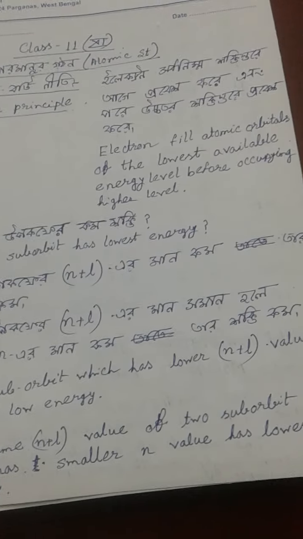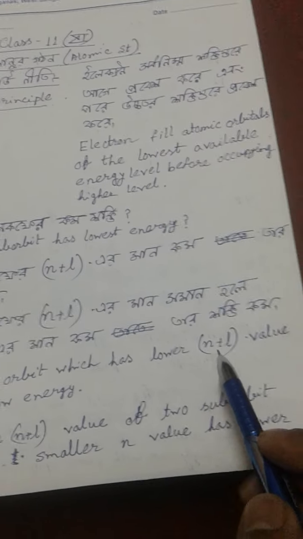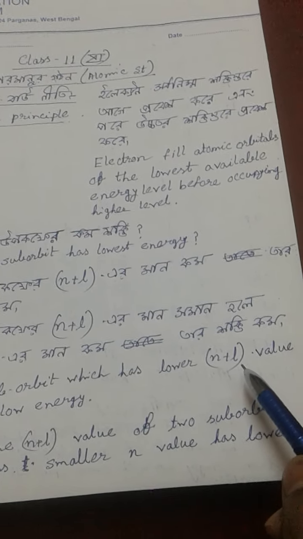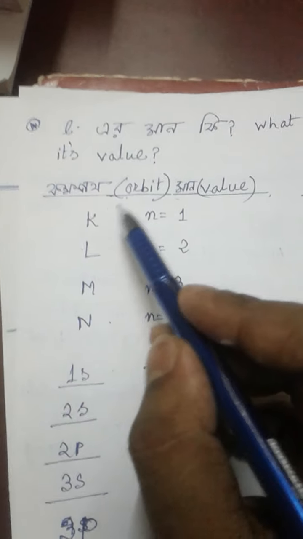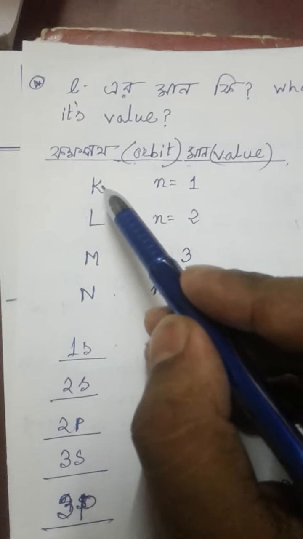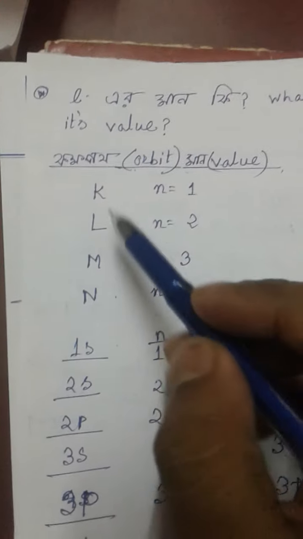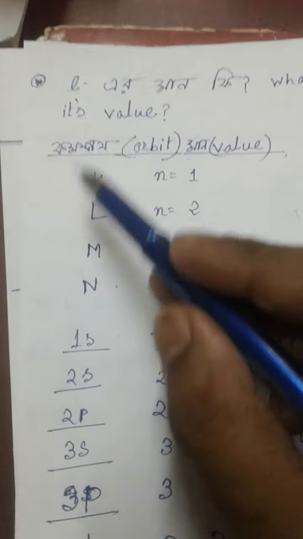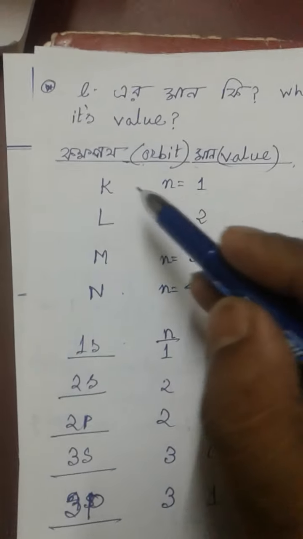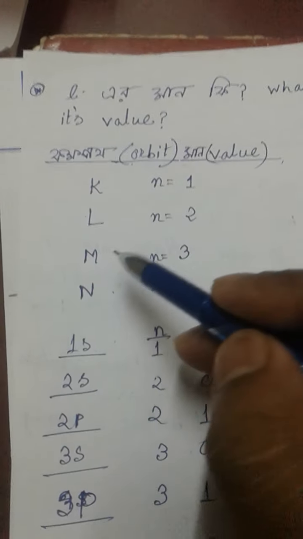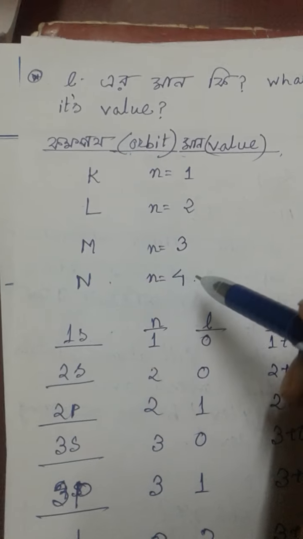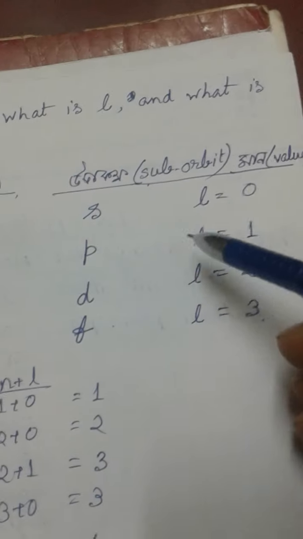But where do we get the n value and the L value, and what is n and what is L? This is discussed here. The orbits are denoted by K, L, M, N. This is represented by n, and the value of n for K is 1, for L it is 2, for M it is 3, for N it is 4. And the value of the suborbit